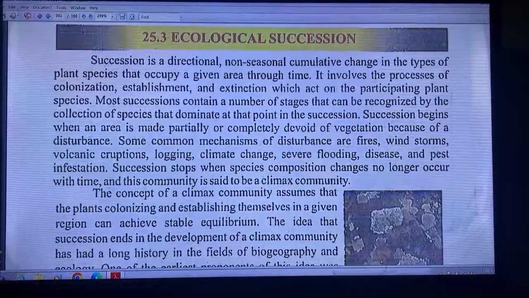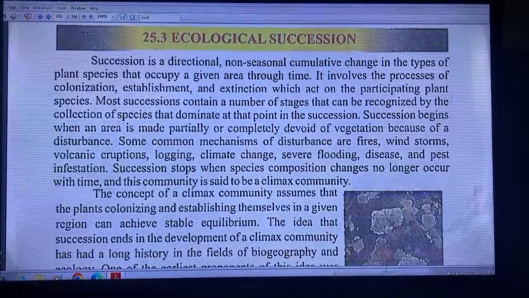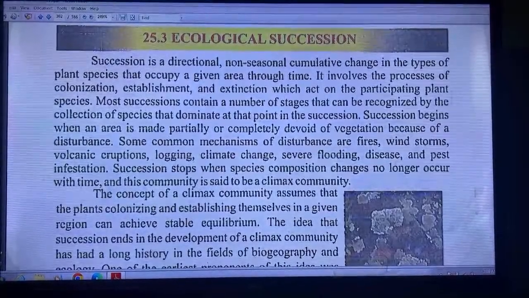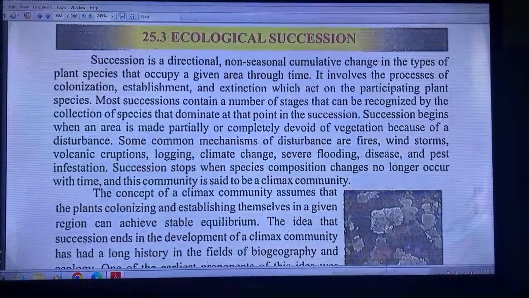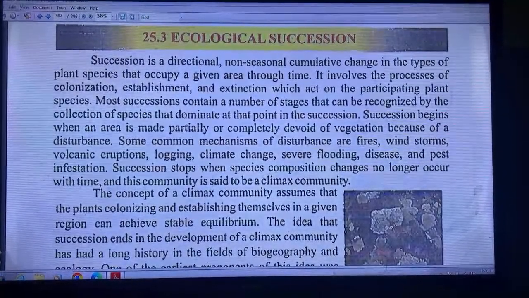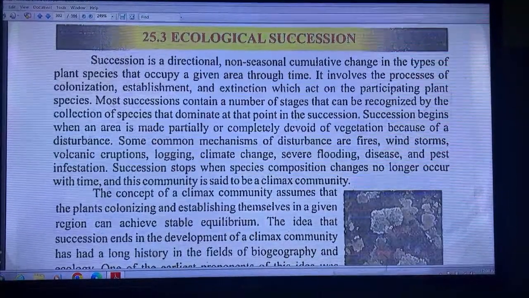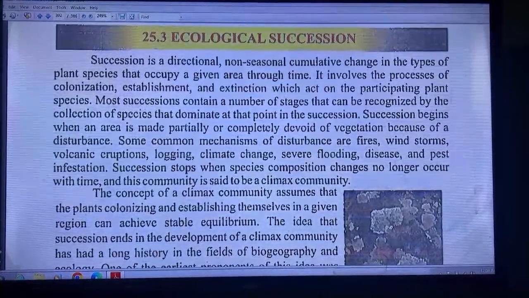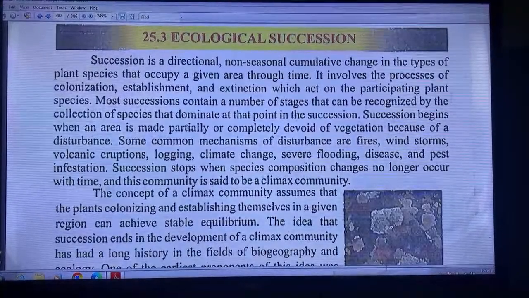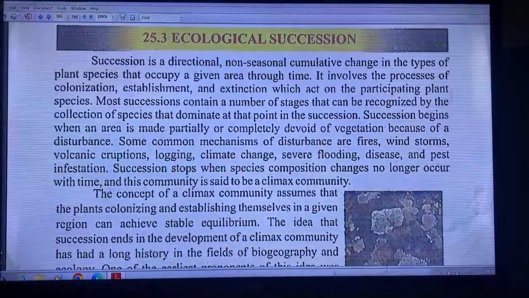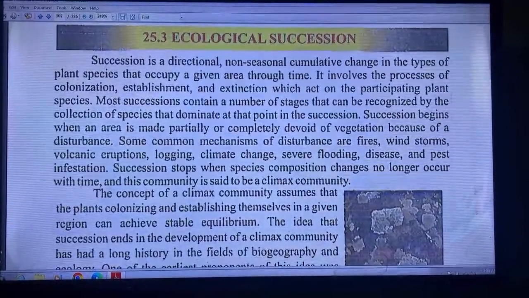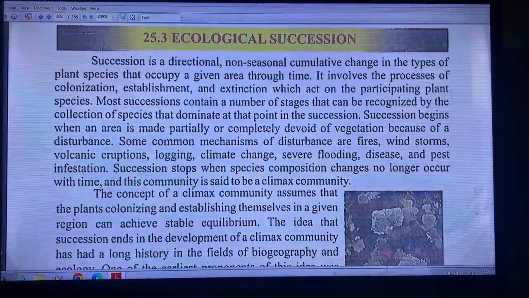Ecological succession. Succession is a directional, non-seasonal, cumulative change in the type of plant species that occupy a given area through time. It involves the processes of colonization, establishment, and extinction, which act on the participating plant species. Most successions contain a number of stages that can be recognized by the collection of species that dominate at that